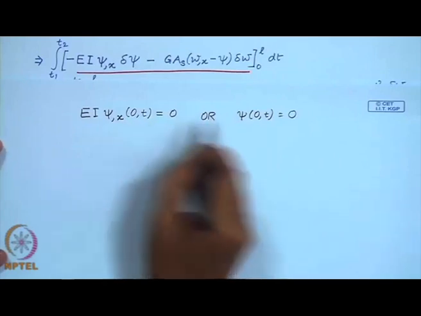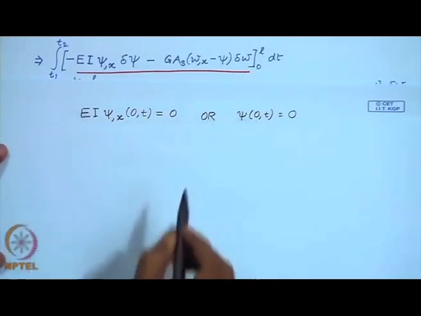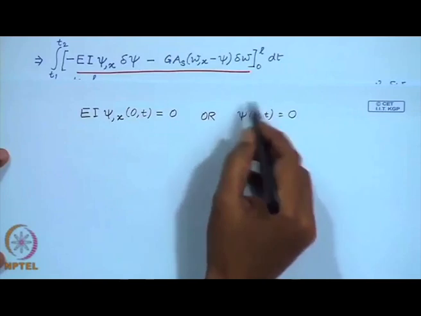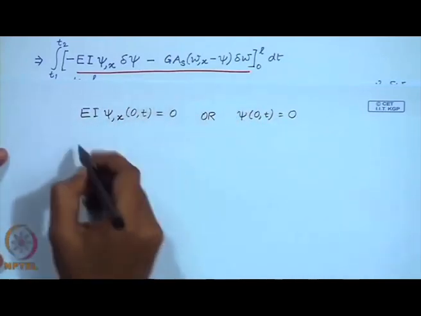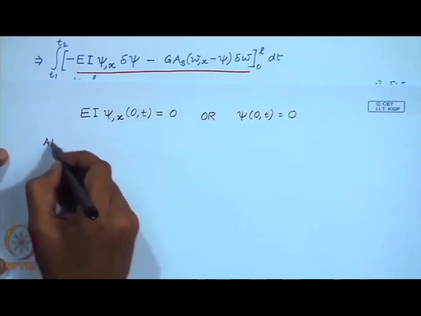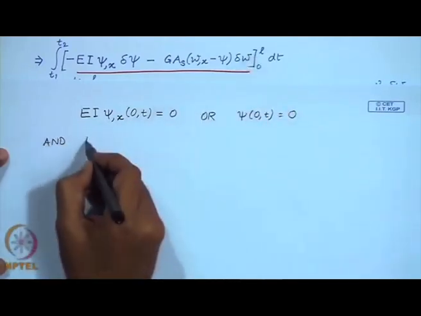So, these are connected by OR, they are conjugates. So, this is the angle and this is the bending moment, and at L